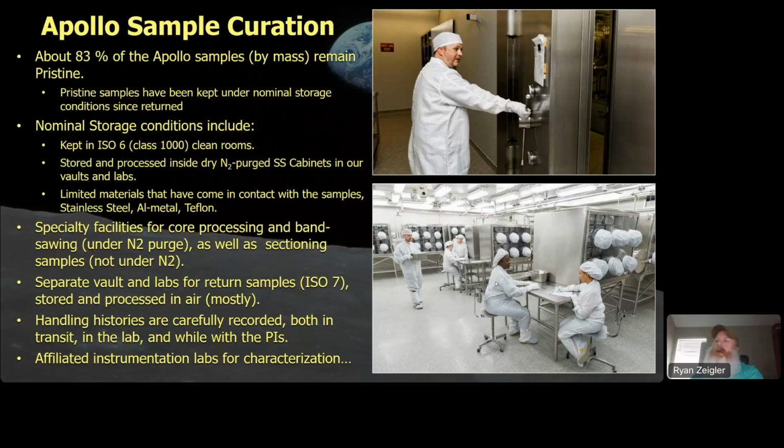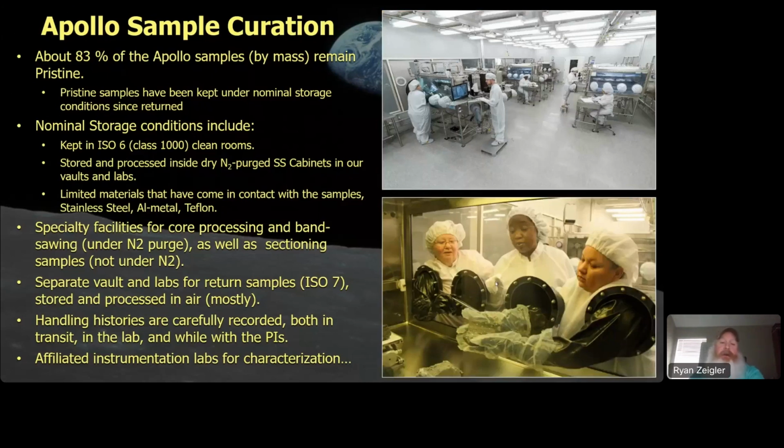We come back here, we pull it out, and then we transfer it over to our processing lab, which looks a lot like our vault. Again, it's a series of these nitrogen purged glove boxes that we use to manipulate and process the samples from their larger form into the subsamples that y'all are going to get to do your scientific studies. So we're very careful about what materials we allow the samples to be around and particularly to come in contact with. I think I mentioned the cabinets are 316L stainless steel. They have glass, or in some cases polycarbonate, because money was short in the 80s, windows in them.